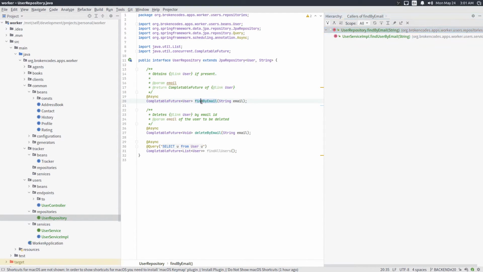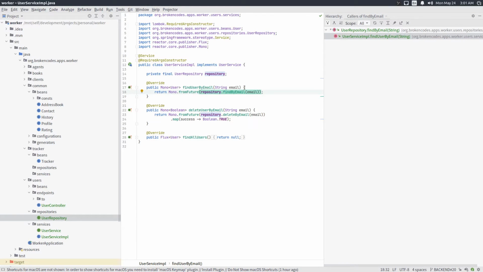So find by email is actually being called from user service IMPL, find user by email. And clicking on this will take you exactly to where it is supposed to, right?